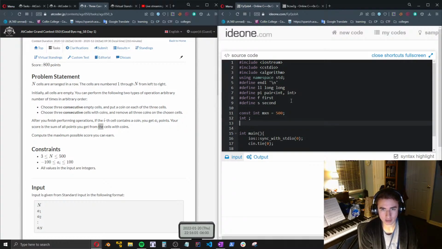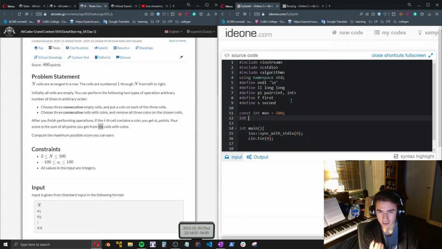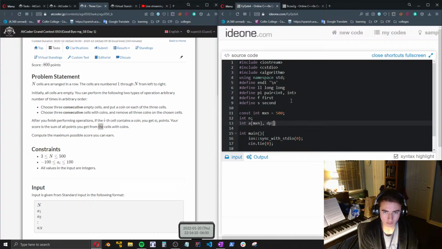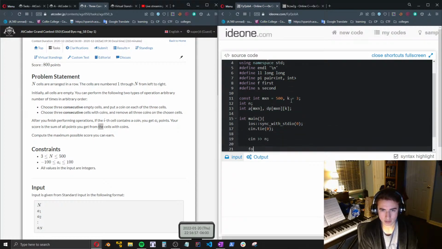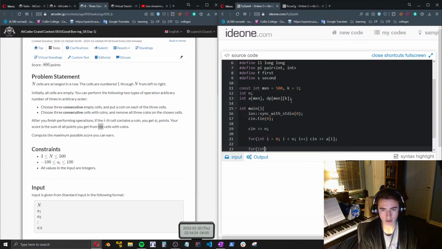If this works, then that means the previous problem is supposed to be easier. So I must be doing something really stupid. So then I just change some stuff. I'm putting the array. Let's do